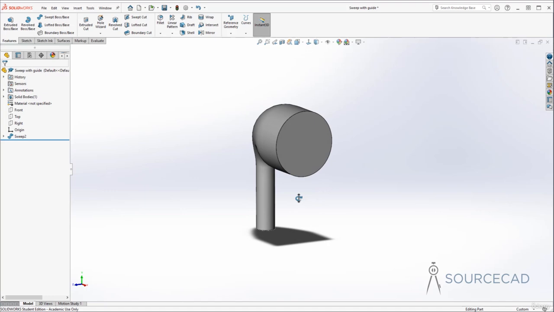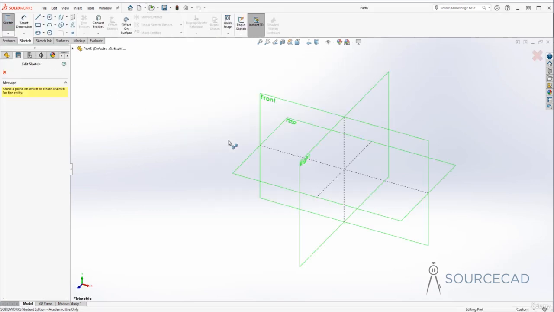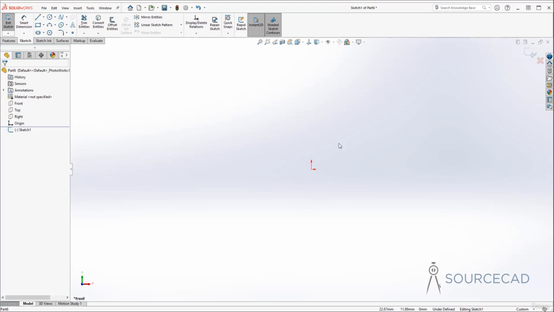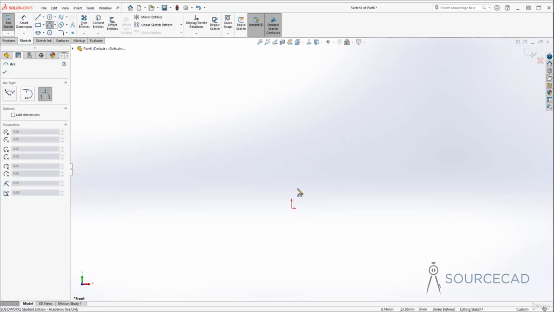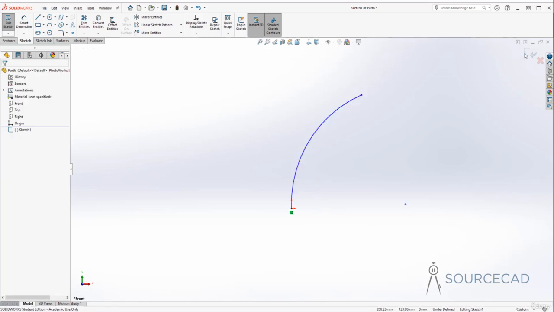Now let me show you how to create sketches for this, because creating sketches for sweep using guide curve is also a little different than all the simple methods. So I'll go to a new drawing. And here I'm going to start with sketch and select the front plane. Now I'm going to start with a path. So first I'll just select this arc, and here I'm going to create an arc kind of like this. You can of course create a straight line if you want to, but I just want to keep my path like this. Alright, so with that path created, I'm just going to exit this sketch,